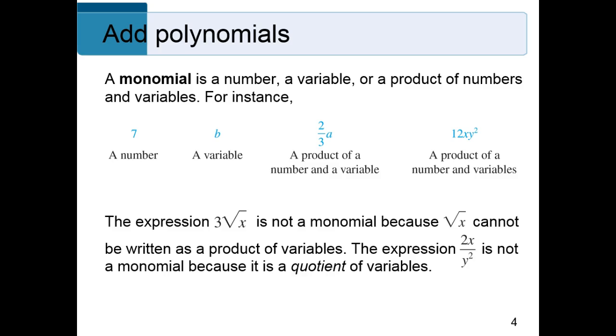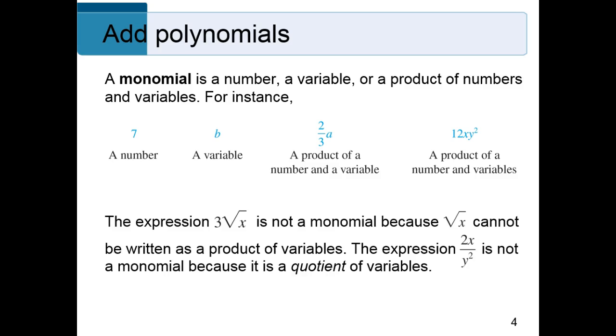Any product, quotient of numbers, as long as the number is not zero. Why not? You can never divide by 0, so don't ever do it. You can divide by any number in the world except 0. So you can divide by 3, divide by 12, divide by 4,585,816 and a third. Divide by any number you want to, but just don't divide by 0. So any combination of numbers, variables, powers, as long as those powers